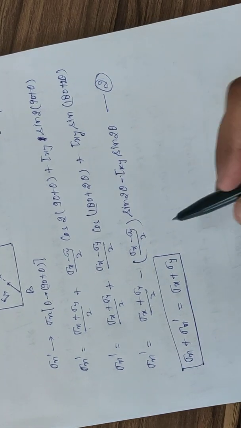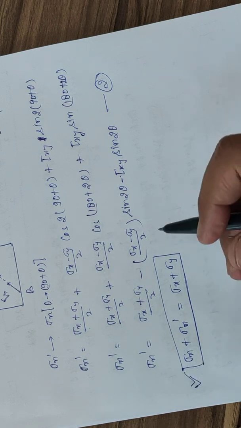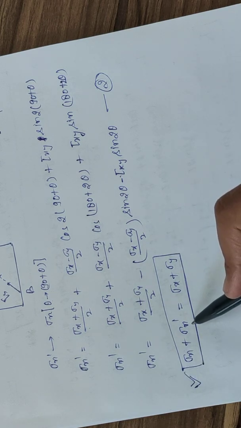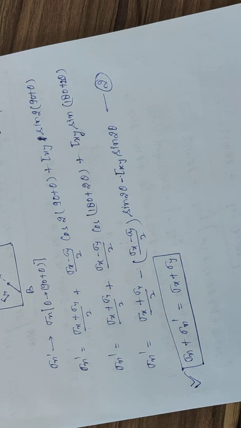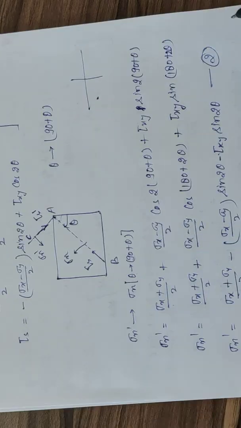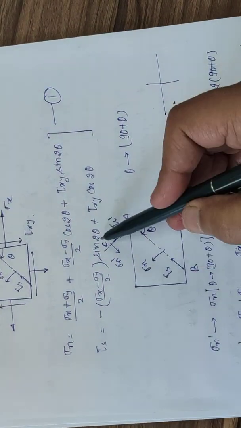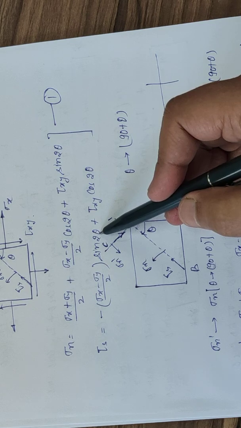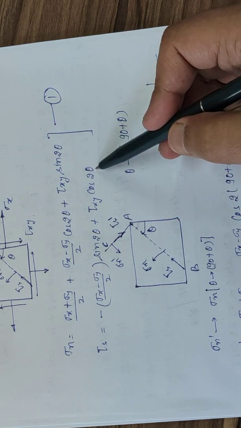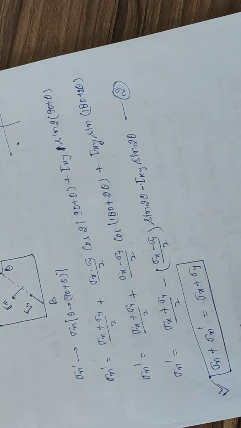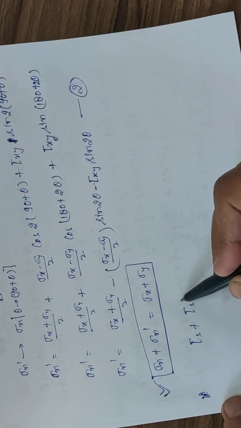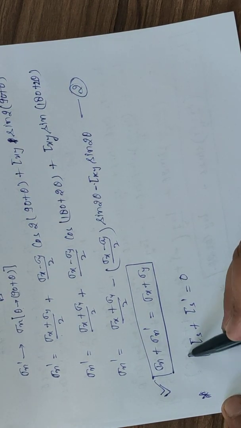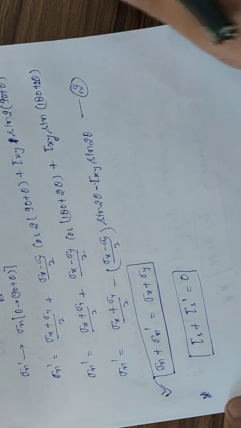Okay, so this was our interest: to calculate the value of normal stresses and the shear stresses on two mutually perpendicular planes. In the same way we can calculate for the shear stresses also. How are we going to do it for shear stress? Again replace theta with 90 plus theta, and if you add these quantities, then tau s plus tau s dash will be equal to 0.